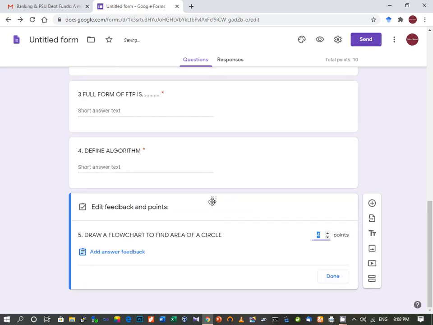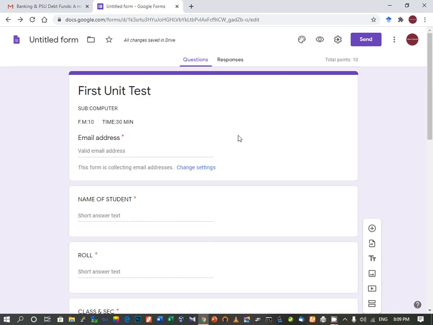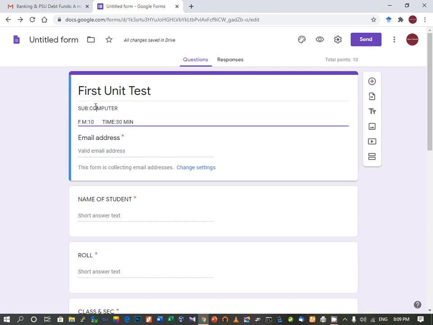So like this we have created these 5 questions. This is our question set, as you can see. Now here we can provide the class name also. Suppose this is for class 8. Okay, so we have done.